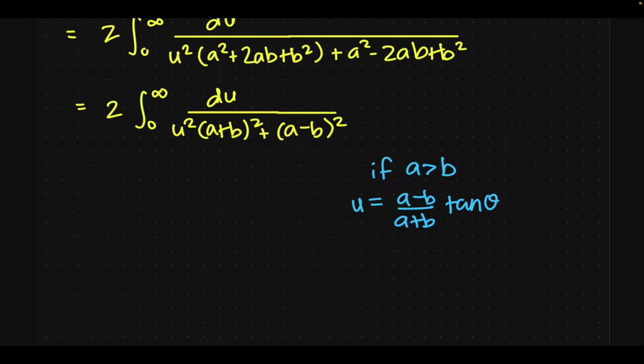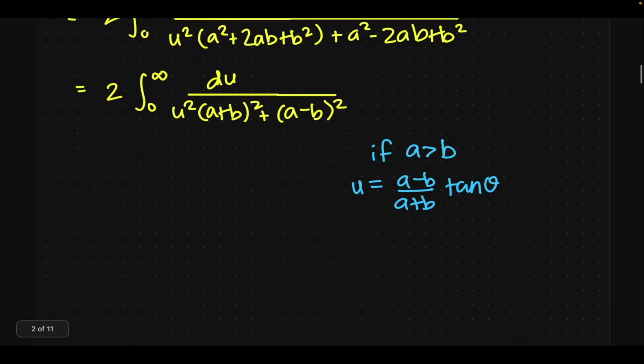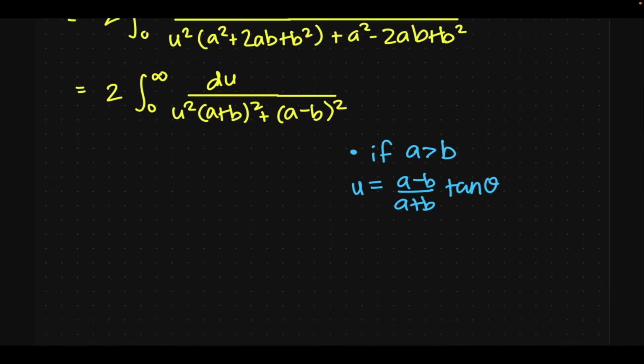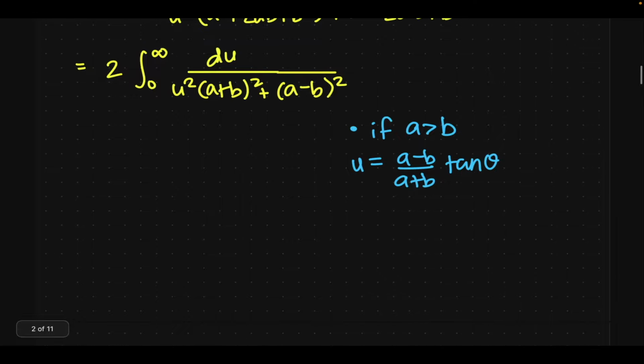We know we have to do a trigonometric substitution here. Question is, this extra condition is going to pop up. Why? Because, well, if we try to reverse this, it's going to be arctan of a plus b over a minus b times u. Now we know that u is actually positive because u is going from 0